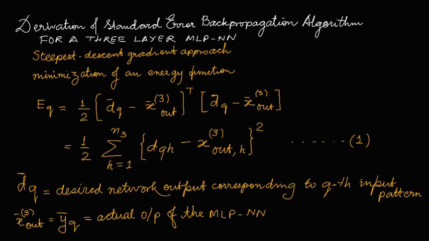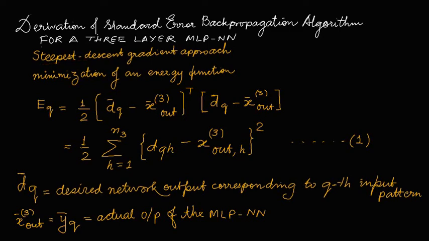MLP neural network. That is, we will take an example of a three-layer multi-layer perceptron neural network, where we'll be having one output layer and two hidden layers. Now, the standard backpropagation algorithm is based on the steepest descent gradient approach,